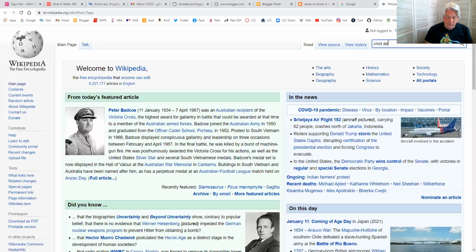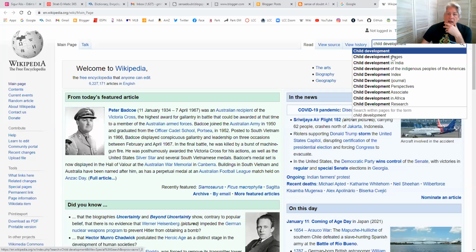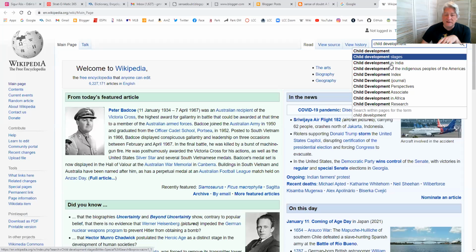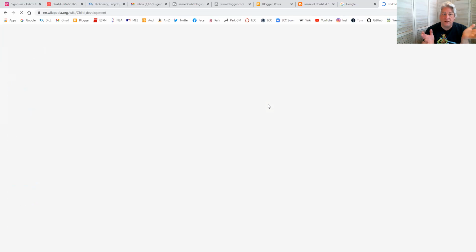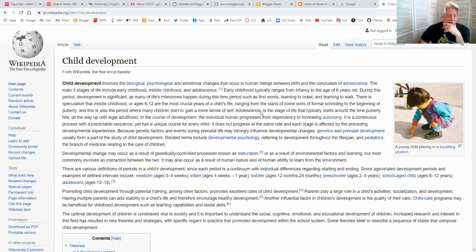Child development. And I got child development stages in India, perspectives in Africa, research, so I have many more avenues to explore with just that idea. But as I load up child development, I'm going to start to look through here and see,